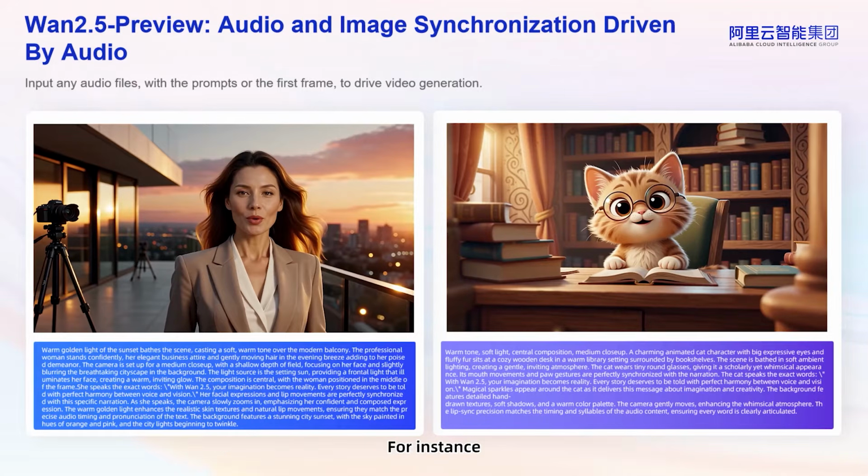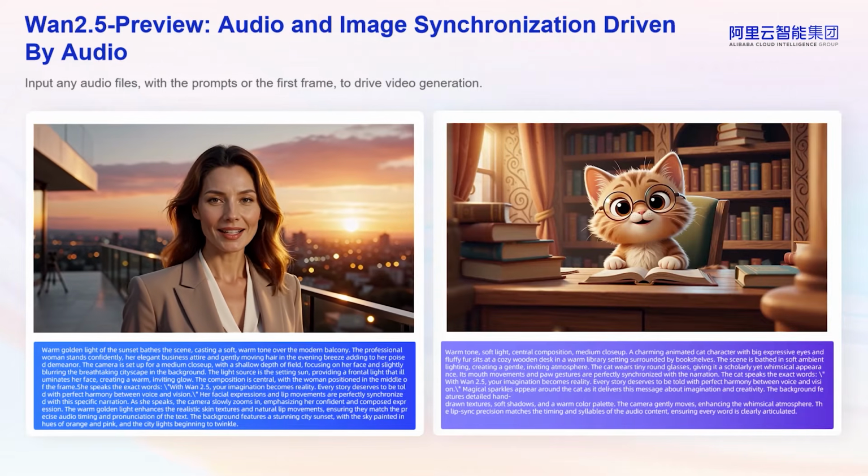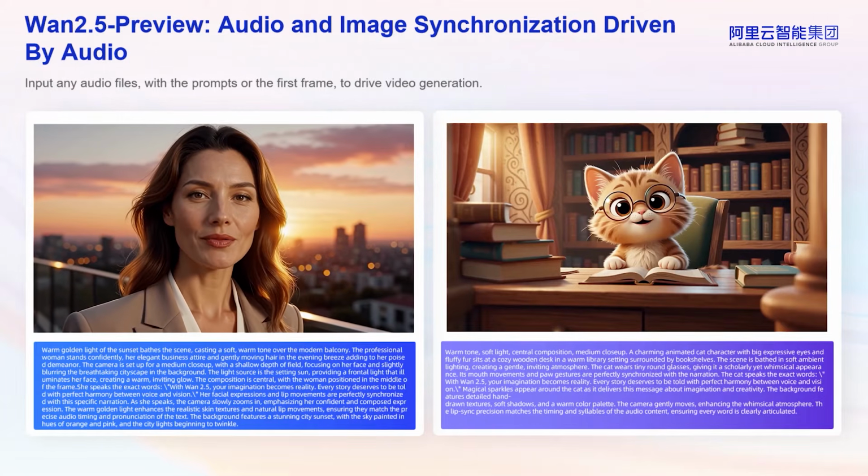For instance, with Wan2.5, your imagination becomes reality. Every story deserves to be told with perfect harmony between voice and...